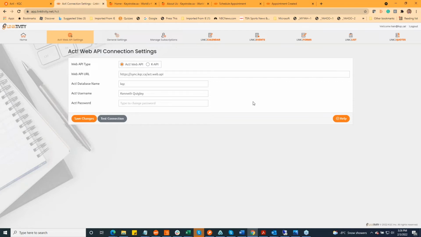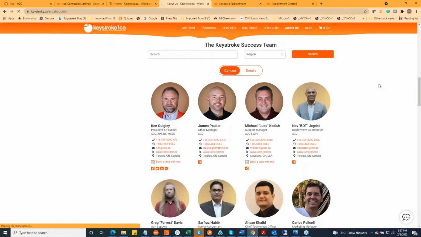Obviously, this is not going to be displayed in clear text, but you type it in, and if this is the first time, you're going to click on Save Changes, and then you're going to click on Test Connection. If for any reason you have difficulty getting this authenticated, you're getting some kind of error message, you can go to the Keystroke webpage,